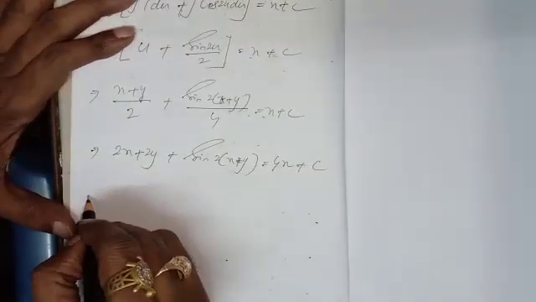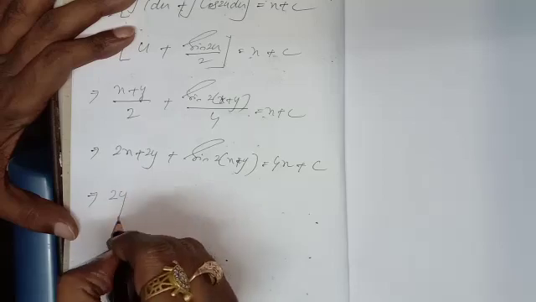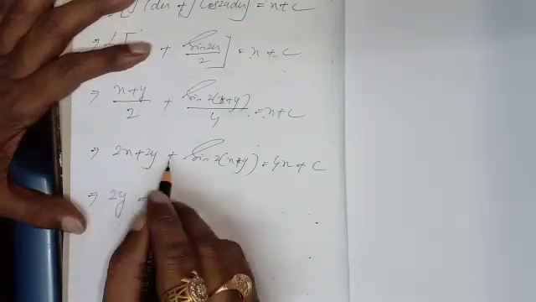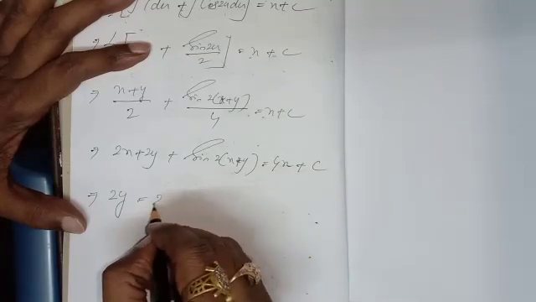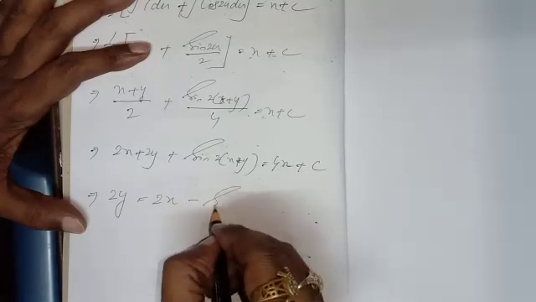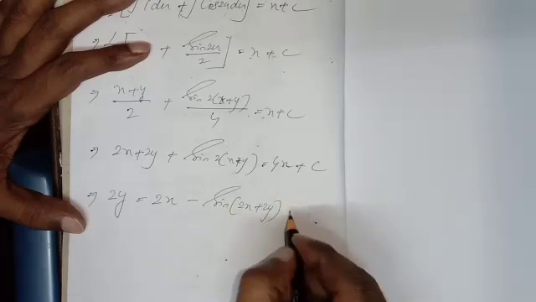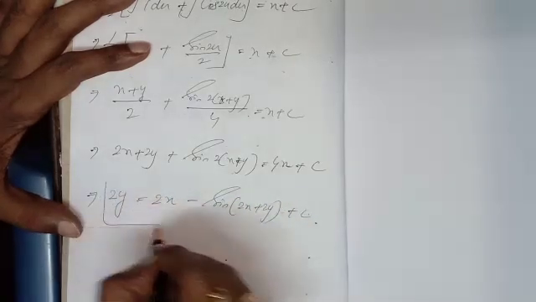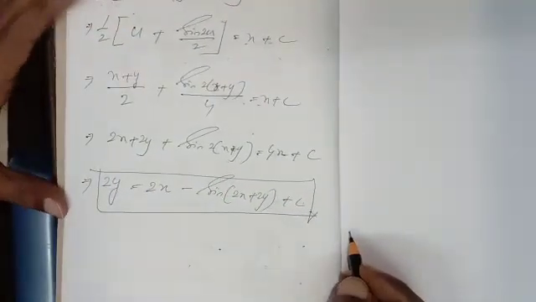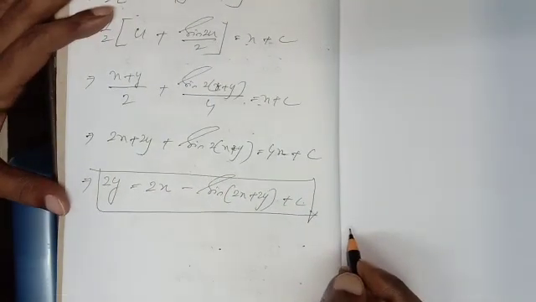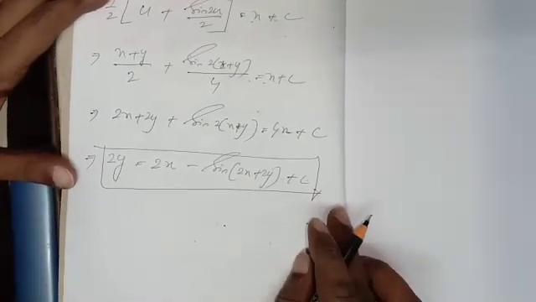So what is the final result? The final result will be 2y is equal to, taking that side, 2y is equal to 4x minus 2x, is 2x minus 2x plus 2y plus c. This is the answer. This is the required solution of number 2, second part. In this way, 4 questions I have completed from the chapter differential equation.